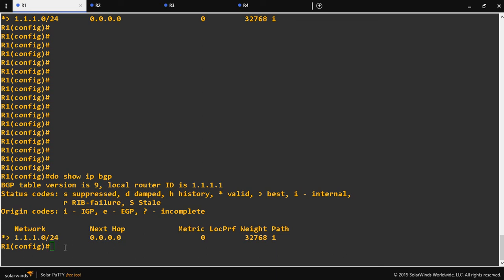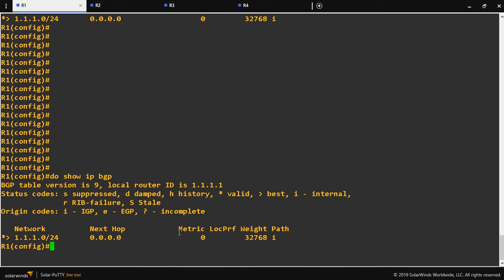Okay, so next is 0.0.0.0. The 0.0.0.0 indicates this network is originated from this router only. So that's why the next hop should be 0.0.0.0. Originate means in router BGP we can give the network command with the network ID and mask. Likewise we can advertise. So that's why the next hop is 0.0.0.0.